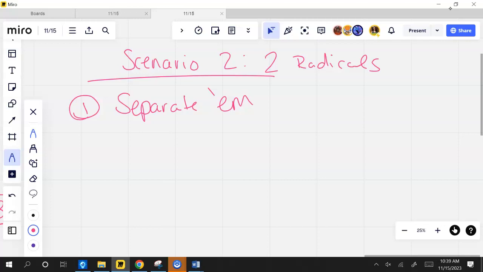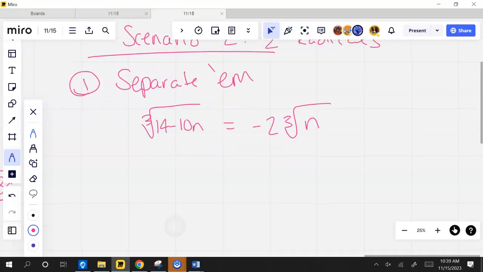For instance, and a lot of times they're already separated for you. Let's say the cubed root of 14 minus 10 n equals negative 2 cubed root of n. They're already separated here, yes? All right. Then step 2 is going to be raise